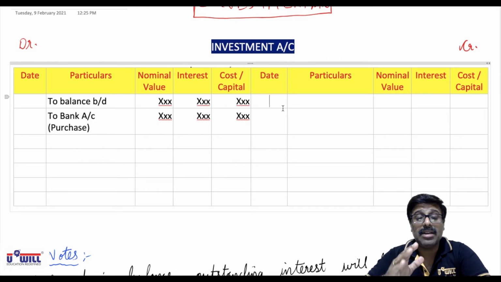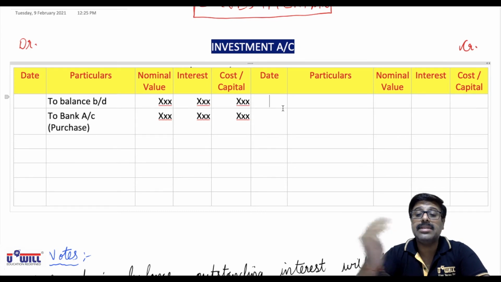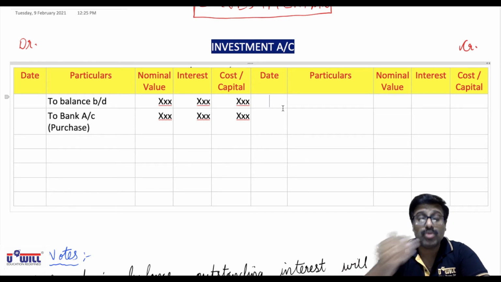You are going to receive the interest on the due date. So what entry would you pass? In your account, the money is received. So bank is the receiver, debit the receiver, bank account debit. Interest is an income, credit all incomes and gains to interest account.